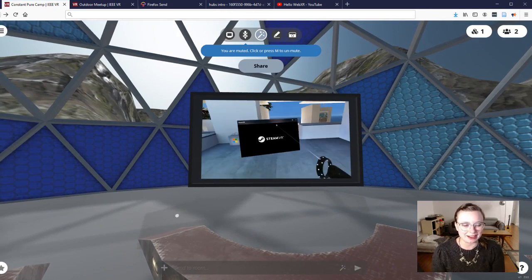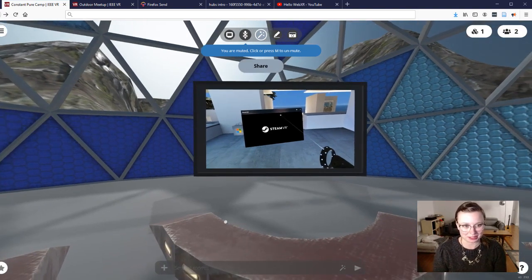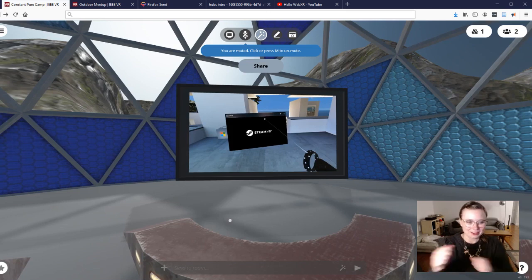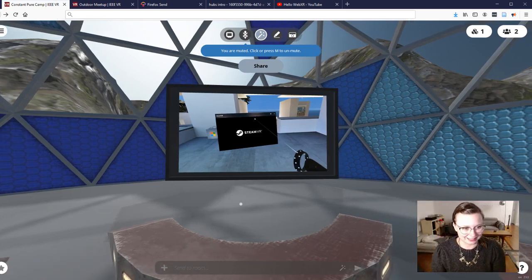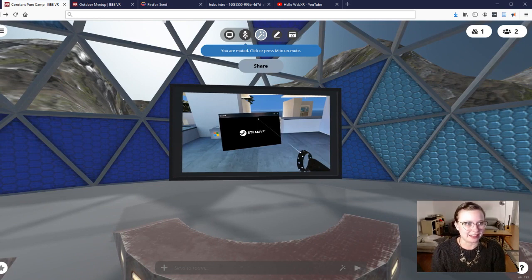Now, of course, you don't have to be standing in front of the object, but I find personally, having thrown up a lot of different media onto screens, it's easiest if you're actually just facing the object when you get started, rather than having to fine tune and rotate it to get it straight. So my trick is that I stand in front of the object and then I will either drag and drop the object into the scene, or you can use this plus sign to upload something from your computer. Right now I'm just dragging and dropping a PDF file